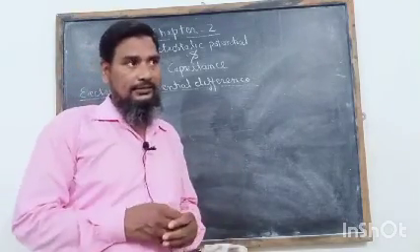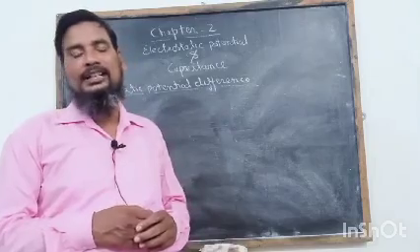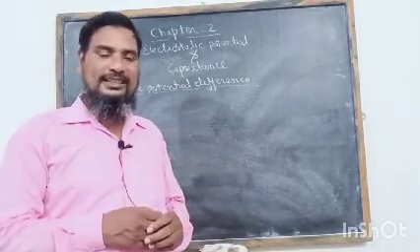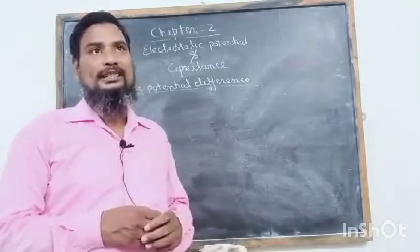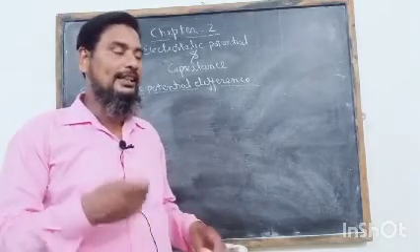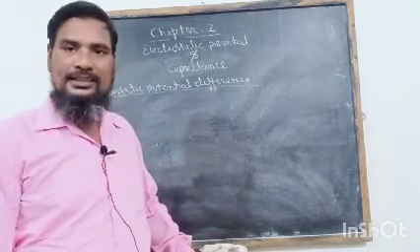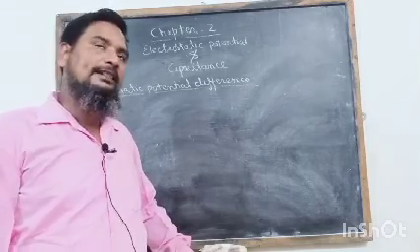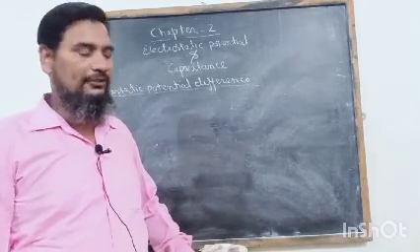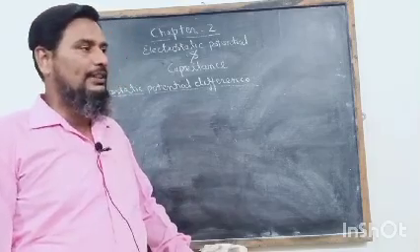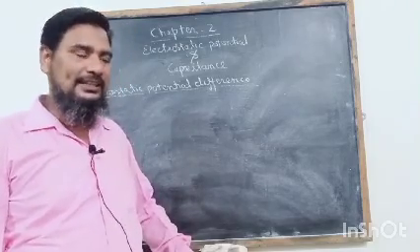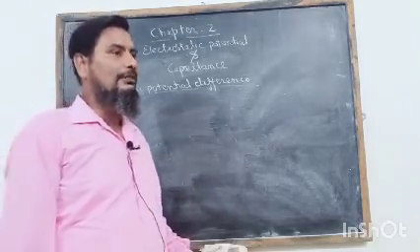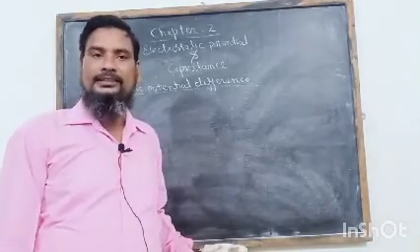We know what an electric field is. Electric field is the region around a stationary charge in which another charged particle experiences electrostatic force, and that region is called electric field. The strength of the electric field can be expressed in terms of a vector quantity, and that is nothing but the